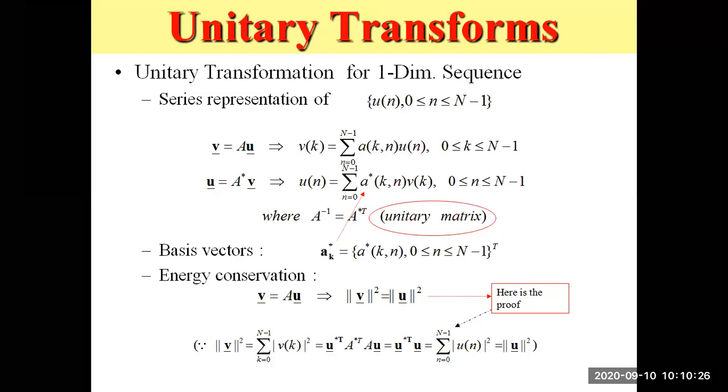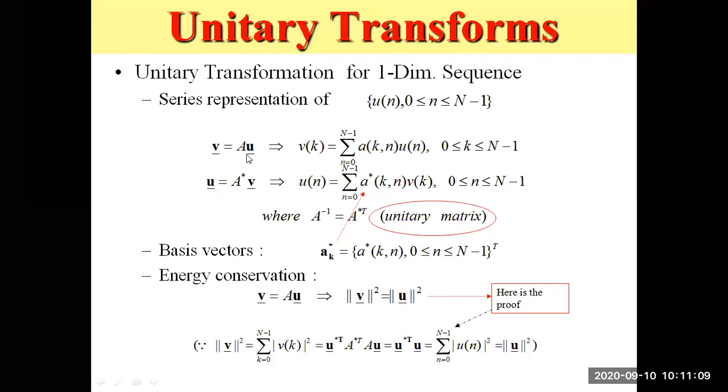For this unit step signal or sequence, what is my transform? Let us consider a constant A in the representation: u is the input sequence, v is the output sequence after transformation. Here A is simply the coefficients. So let us consider the normal notation v equals A into u. Here u of n, n means spatial in our case, or time. If it is a signal, consider n as the time sample. And what is k? Frequency sample.